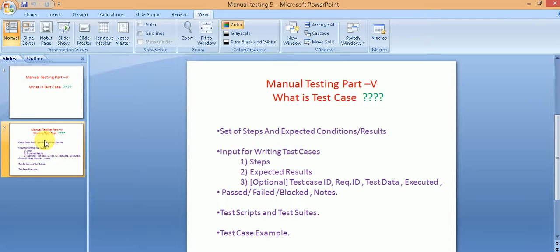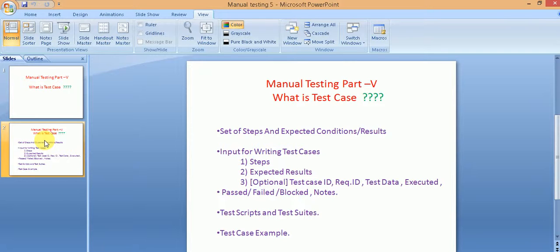Why a particular step in the test case may not have an expected result is something that we'll look at shortly, but the other couple of steps have expected results. So it is possible. So that documentation of the steps that you need to perform and the expected results against each step is called the test case.